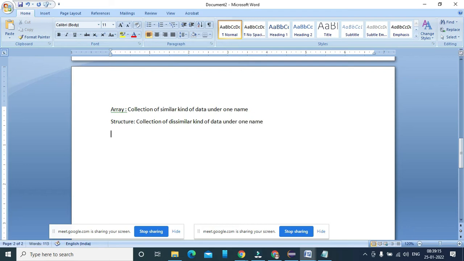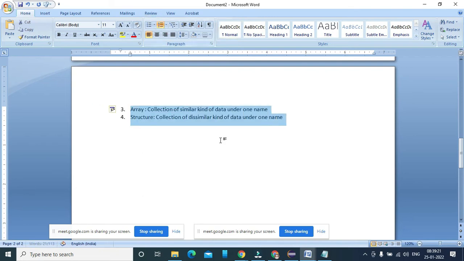All of these are reference types. We have seen the declaration of an array. If I want to see the declaration of a structure, I can create a structure called student, which has data members: roll number, an integer; name, a string; and percentage, a float.